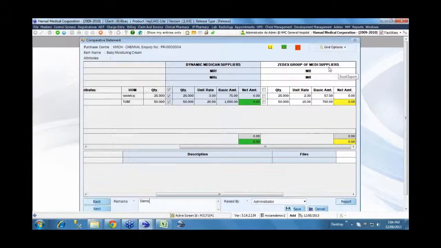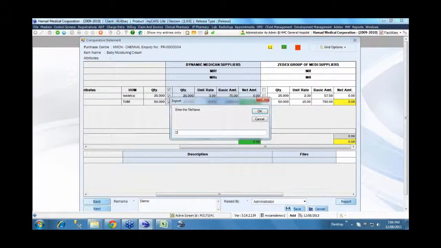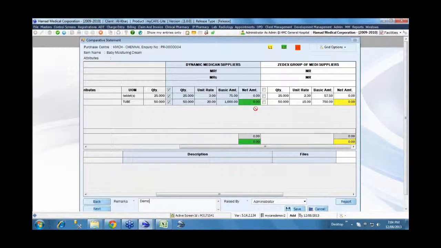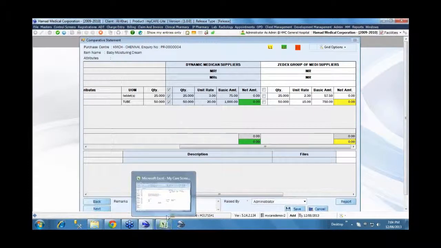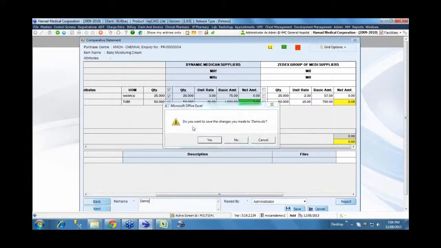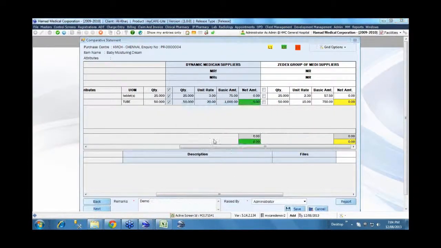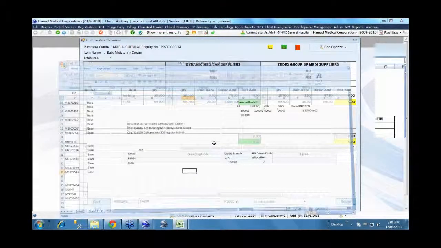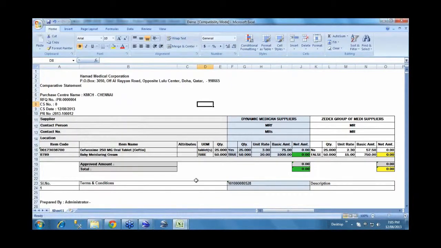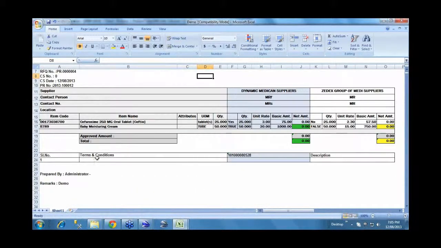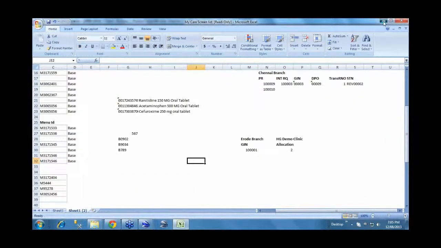And we can export this into Excel also for some purposes. You're going to a committee wherein you want to produce this comparative statement, like for somebody's approval also. So you have the provision to generate it as an Excel. However you are seeing it on the screen, the same way it gets generated into an Excel sheet. So this can be used also.